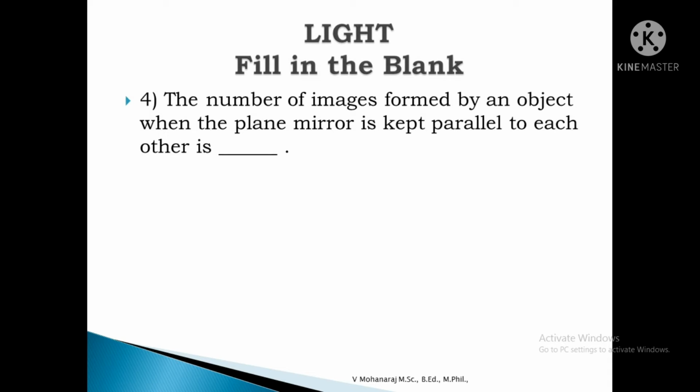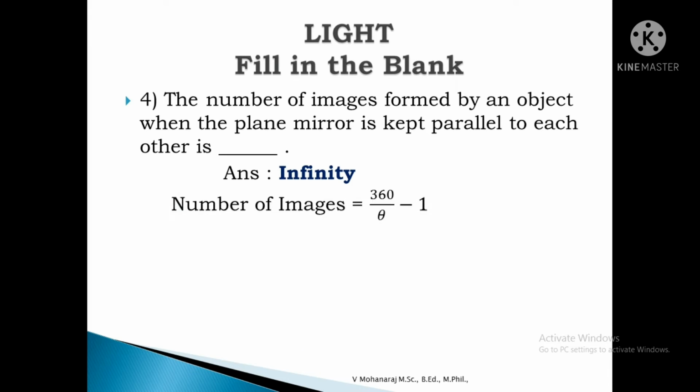And next one, the number of images formed by an object when two plane mirrors are kept parallel to each other is dash. Parallel to each other means the angle between them becomes 0. So we get infinity number of images, because the formula used to find the number of images is